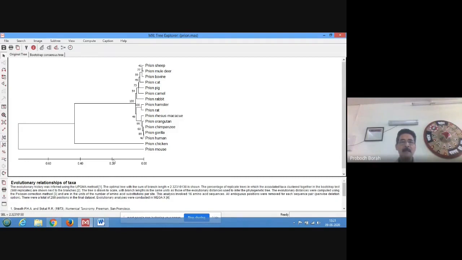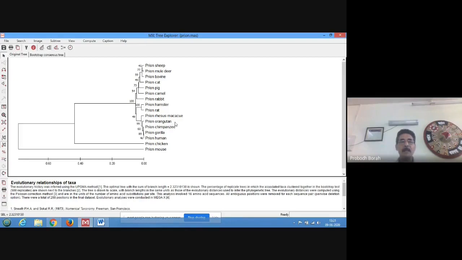Then if it is of this length, that will indicate that there are variations between them. So 0.20 means 2 by 100. That means in every 100 nucleotides there are 2 mutations. Every 100 nucleotides represent 2 mutations. So that way the tree is built.